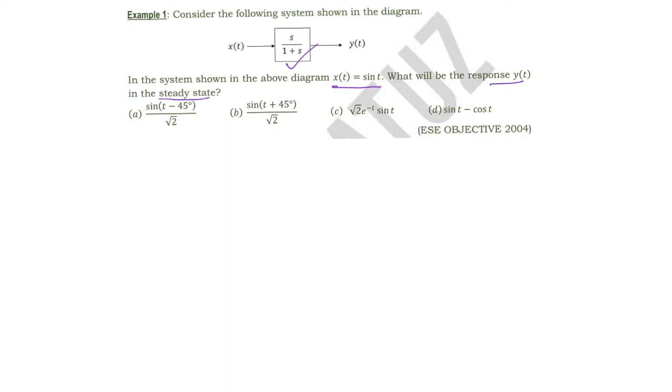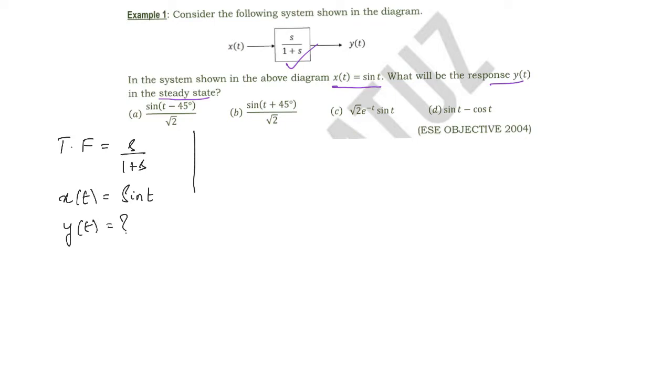Okay, so as I told before also, the frequency response will be associated with the steady state part only. So we have to find out what is the output for a given transfer function and the input. And the input is a sinusoidal input. That is how we know we are talking about the frequency response here. So first we will write down the information that is given. The first thing is the transfer function s by 1 plus s, and the input x of t is equal to sin t. Now we have to find out the output y of t.